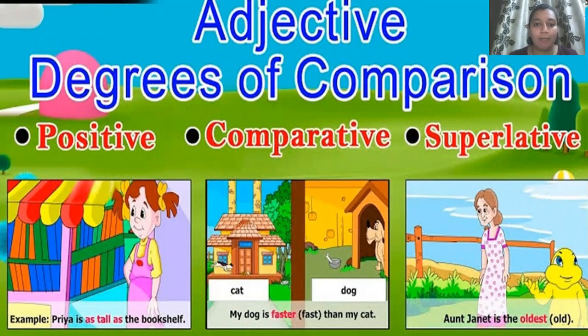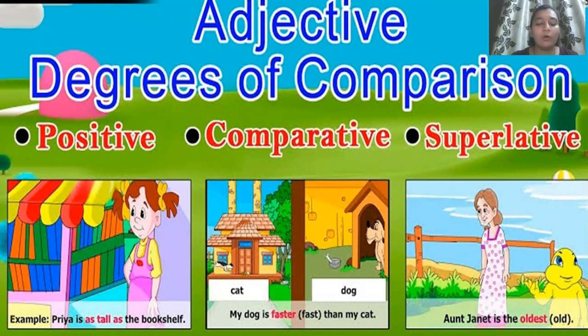Angi ma'am here, back with another part of grammar lesson number 4, that is degrees of comparison for adjectives. Now, in the previous class itself, we have learned what degrees of comparison are. These are kinds of adjectives which are used to show comparison, or to show how much a particular person or thing is better or worse than another one. So we use these words in order to compare different persons or things.